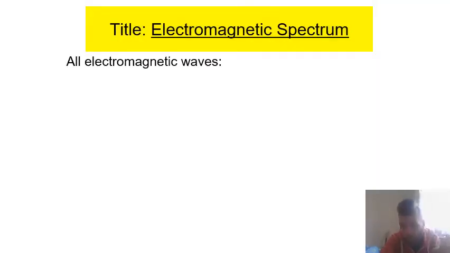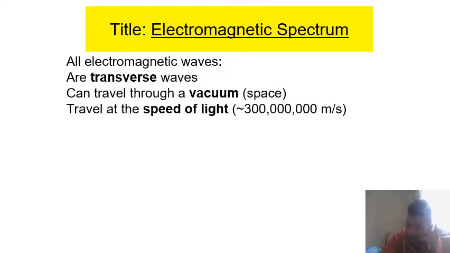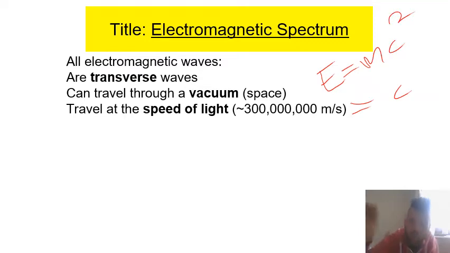So what do I mean by an EM wave? Well, I mean something that's transverse. I mean something that can travel through the vacuum of space, something that can travel at the speed of light, about 300 million meters per second. That's the C value, which we've met in energy equals mass times the speed of light squared. That C value isn't really just the speed of light, it's the speed of electromagnetic waves. So again, this is more information we can positively transfer forward